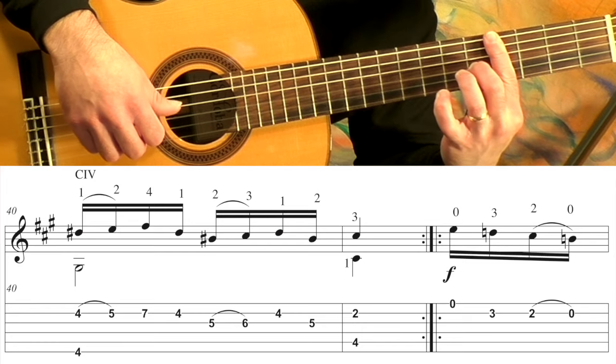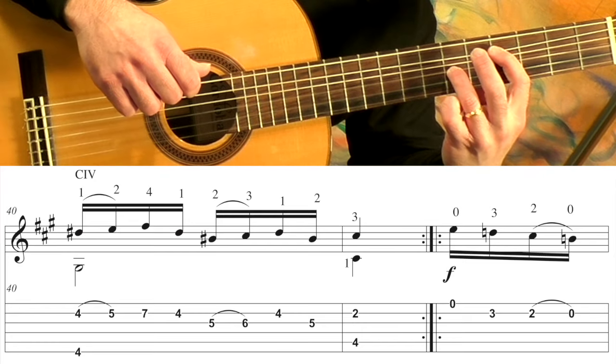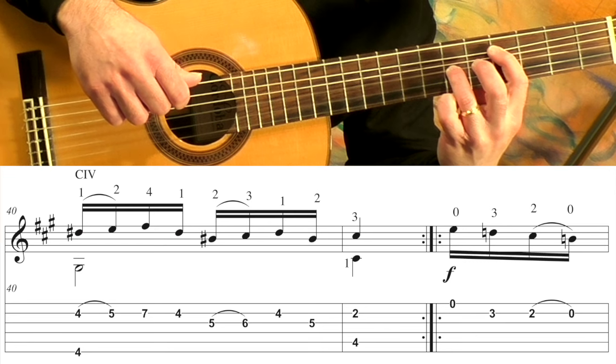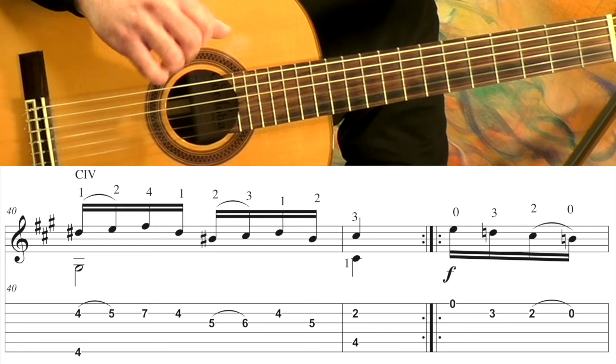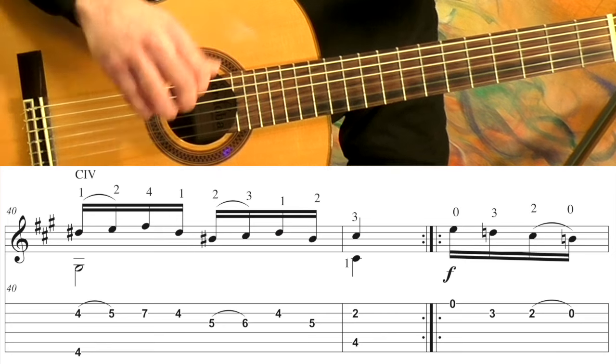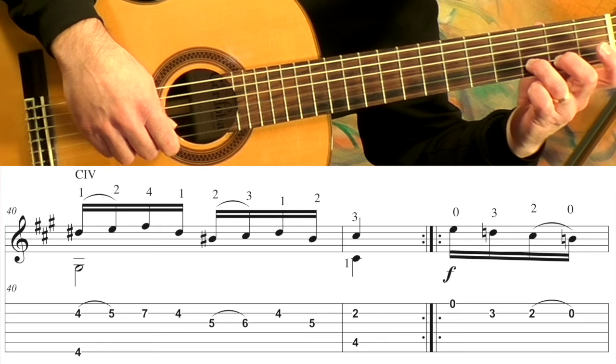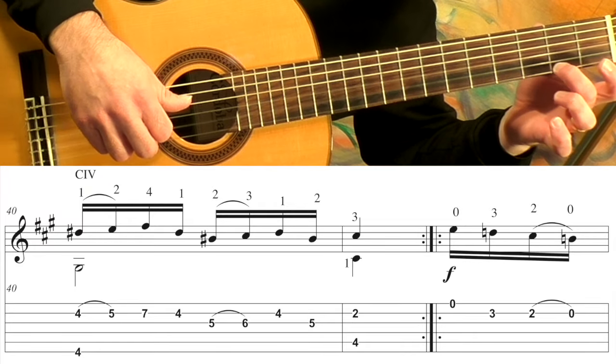And then just 1 and 3 as octaves. Hopefully your guitar is more in tune than mine. All right, so then that section repeats. And if you take a look at the second half of measure 41, we start open, 3rd fret, 2, pull off. So it's,